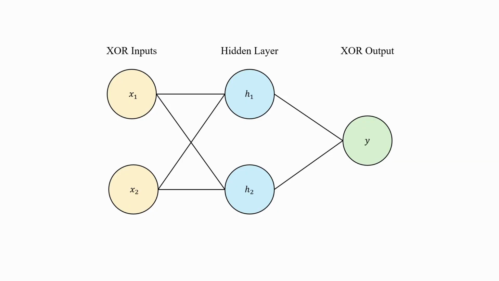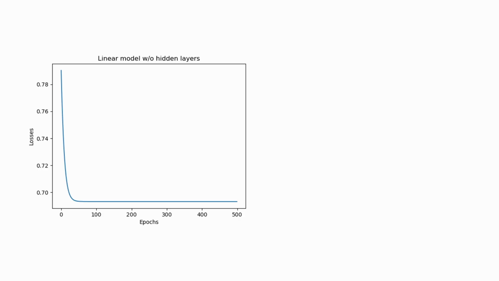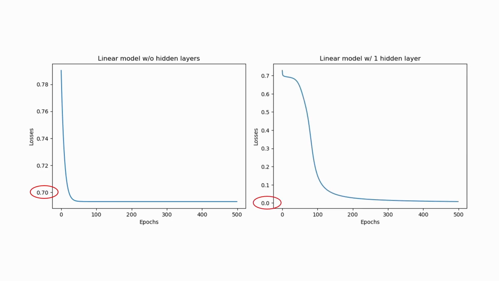Looks familiar, right? You can visualize this learning process. On the left is a linear model built with the neural network without any hidden layers. In other words, it's just a linear model with one layer and a sigmoid activation function. You can see loss being minimized at just below 0.7, and it kinda gets stuck there. Compare that to the right, when one hidden layer is added in, you can see loss effectively dropping to 0